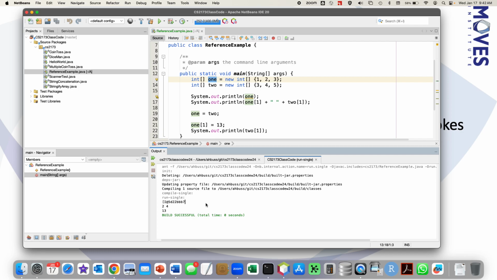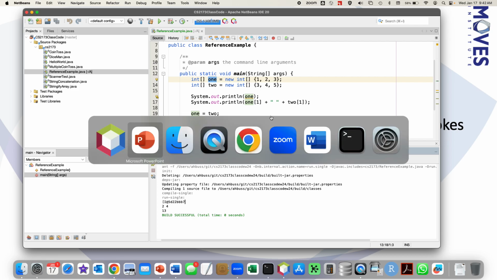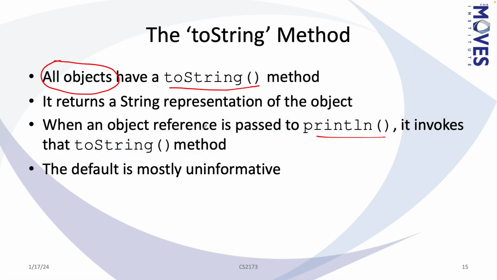There's an @ sign here, and if you understand that this I stands for integer, and the bracket says that it's an array, then I can see that this is an array of type integer, but it's otherwise uninformative. It would be nice if arrays had a toString that would print things out in a more informative way, but it doesn't, and that's something we're hopefully going to have time for, because we're going to use StringBuilder.